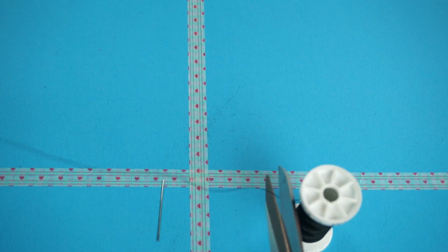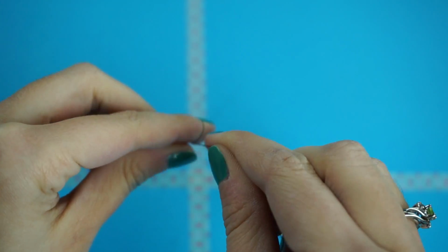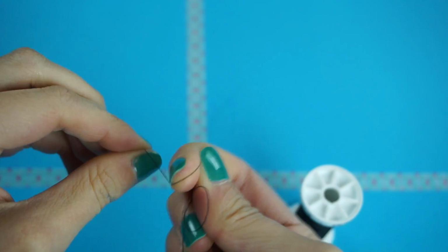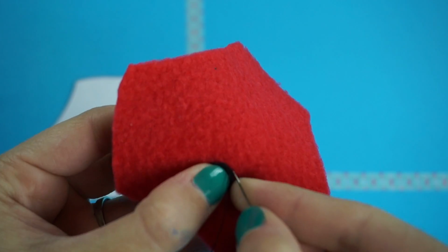Cut a length of black thread. Thread your sewing needle with it and tie a big knot at the end. You'll need to repeat this step for every new color or type of thread that you use for this project, just so you know. Using your pattern as a guide, place 1 felt eye onto the face shape and whip